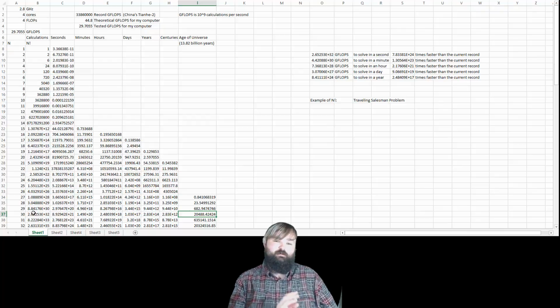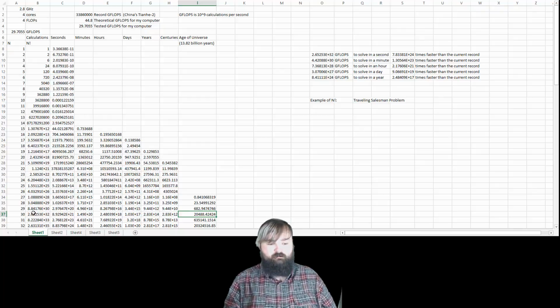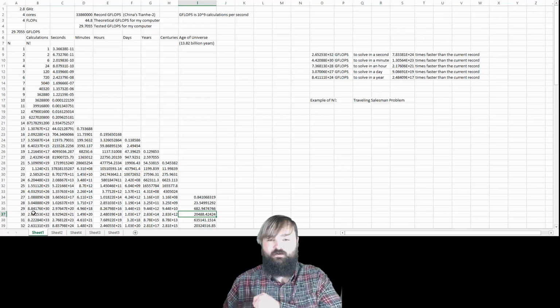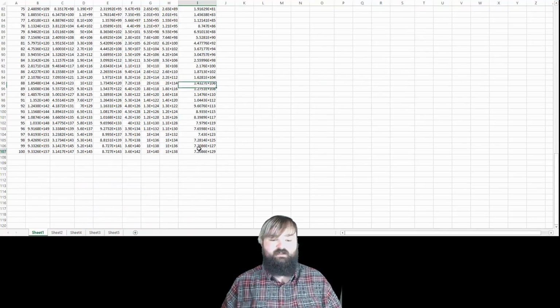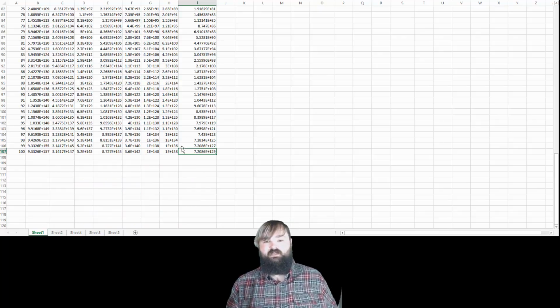So if I wanted to perform the traveling salesman problem with my computer, I better have a long time, and probably by then the Earth will be destroyed. But let's take this one step further. Let's go down to 100 nodes. It would take me literally a magnitude of 129 times the age of the universe for me to perform this